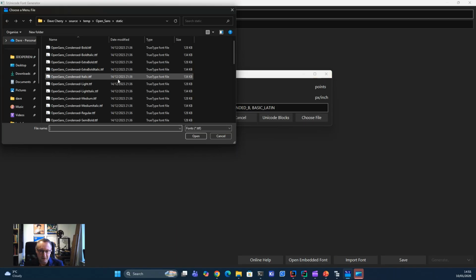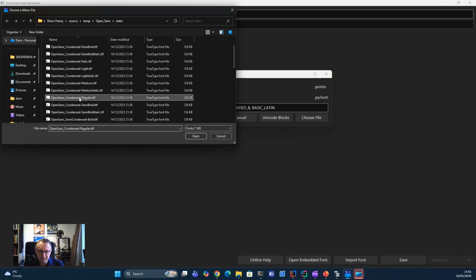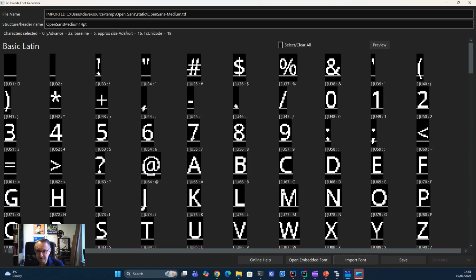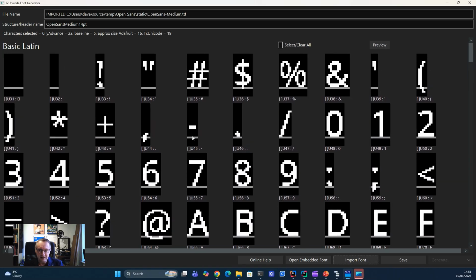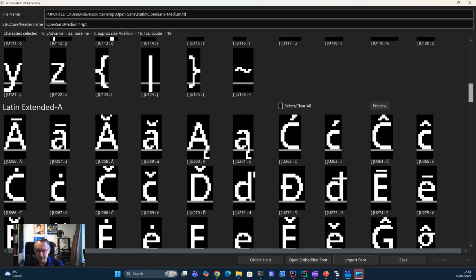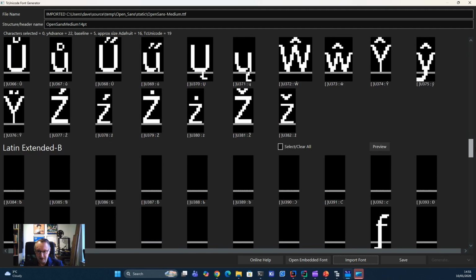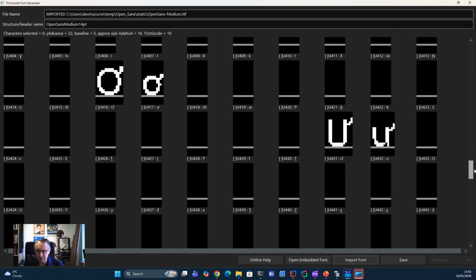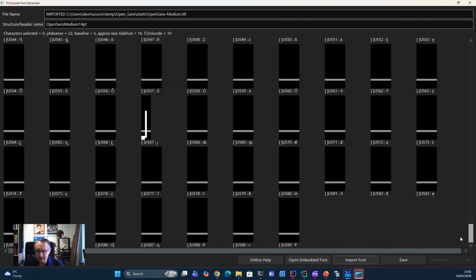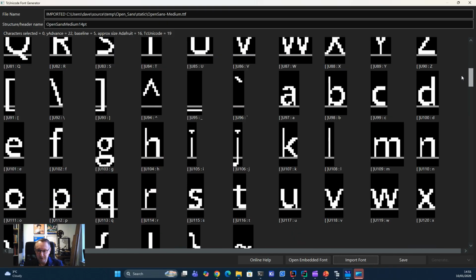So now we're going to attempt to upload a font. So let's just pick the regular font. We'll just go for Open Sans Medium. And you can see here straight away that we've now changed to a view where we can see all the characters in those ranges that we've selected. We can see this one doesn't have a particularly good mapping of the extended ranges, but that shouldn't matter